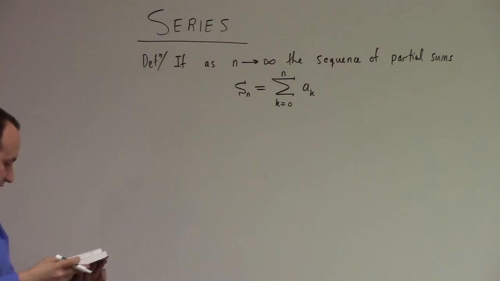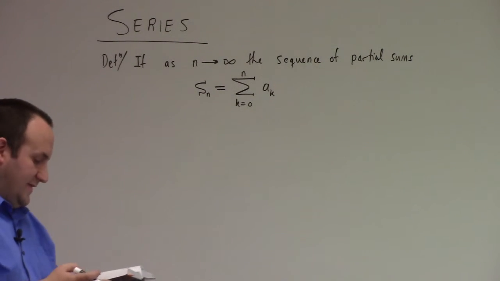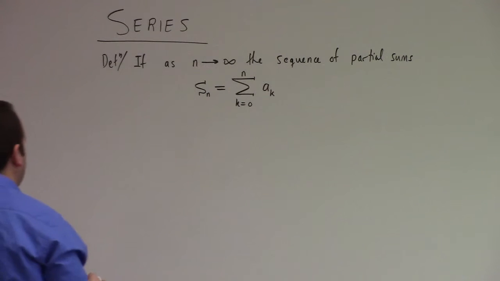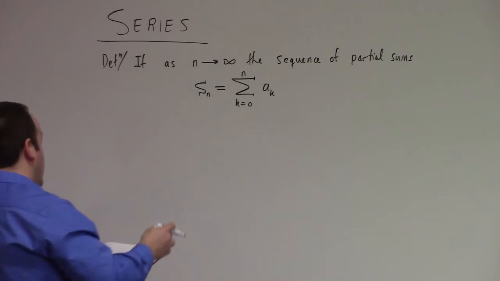So you notice that the sequence here starts at 0. We oftentimes look at sequences which start at 0. I hope that's not a big deal. I kind of told you sequences start at 1 before, and now we're throwing that out. But that's not a big adjustment. Everything stays pretty much the same in terms of the sequences. Sequence of partial sums, S sub n equals sum k equals 0 to n, a sub k, if